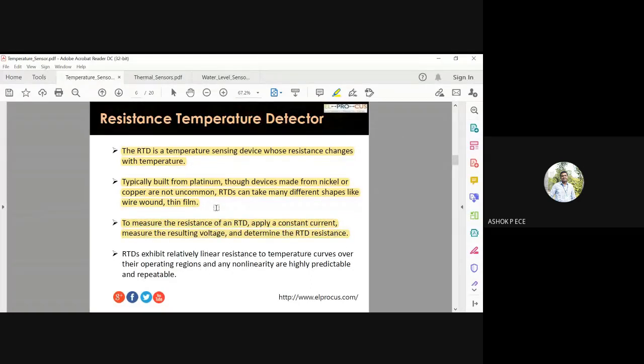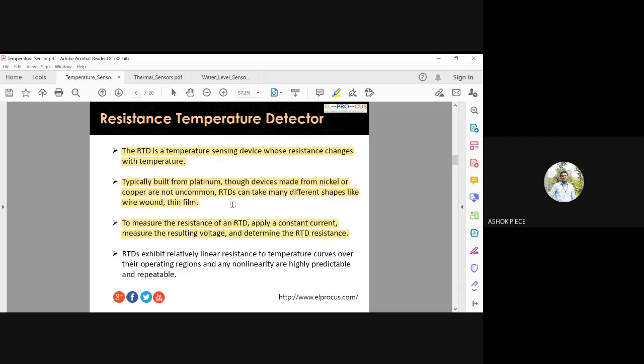Okay, so what happens? Whenever there is a temperature change, the resistance of RTD will change. And how to measure that resistance? You know Ohm's law, V is equal to IR, right? So I want to measure R, which means I have to give current. When you pass current through this RTD, voltage is developed. So I know V and I, V by I I can do and measure this R. For standard room temperature, you know what is the value of R. When temperature is going to change, definitely this R value is also going to change. So from that, you can clearly identify what is the temperature in the nearby region.